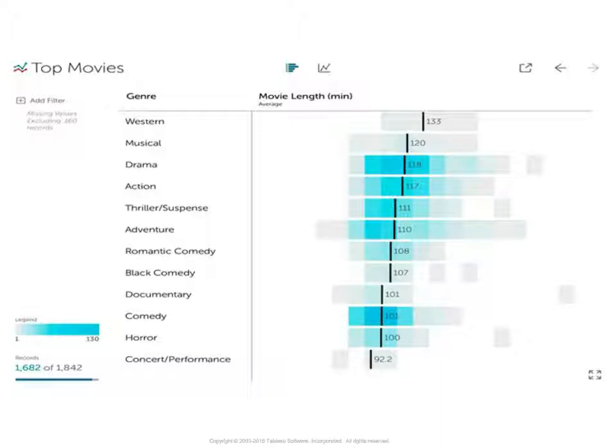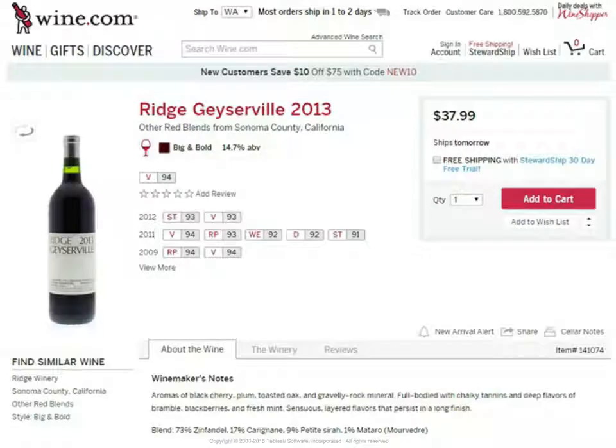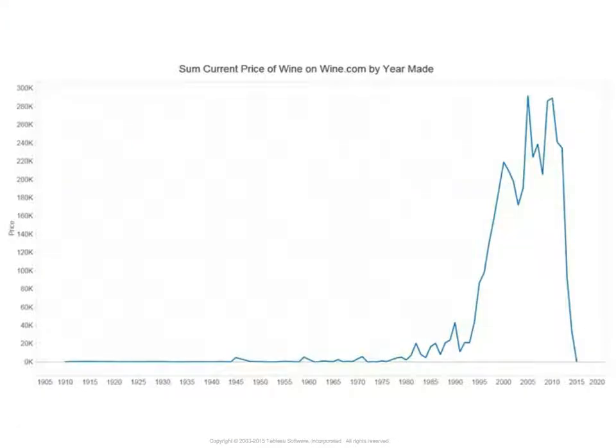Now, I have another example, because I really want to give you a warning here. Recently, we had an intern who pulled some data from wine.com to look at. So I threw that data into Tableau. So what we got is 1 row for every different wine sold on wine.com. And the first thing that I did was generate this trend line.